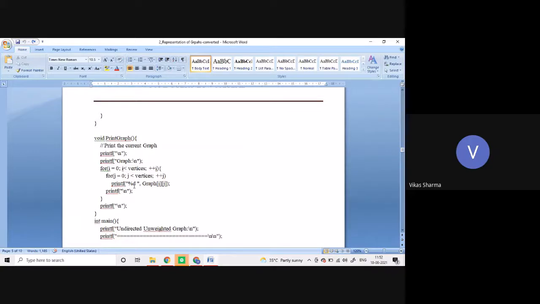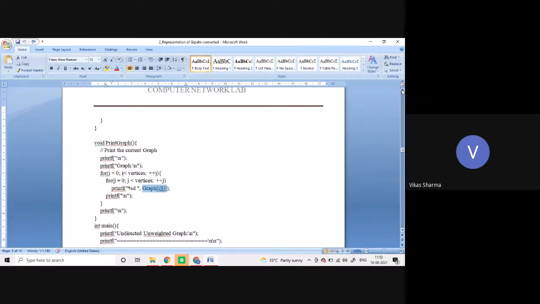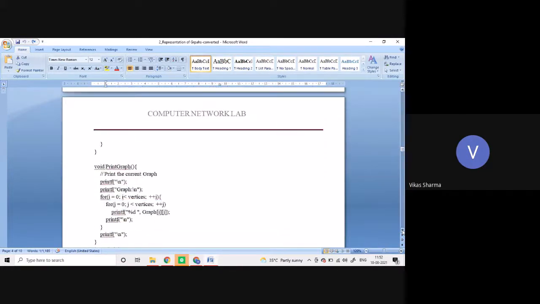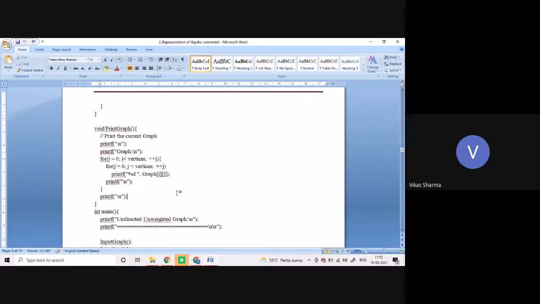We again have an integer value, that's why we are taking percent d here. Now we are printing the graph, so we take the complete value of the graph we found earlier in the for loop. Here we have found the value of graph[u][v], so we take the same value here. This value is also an integer, so that's why we use percent d in the print.